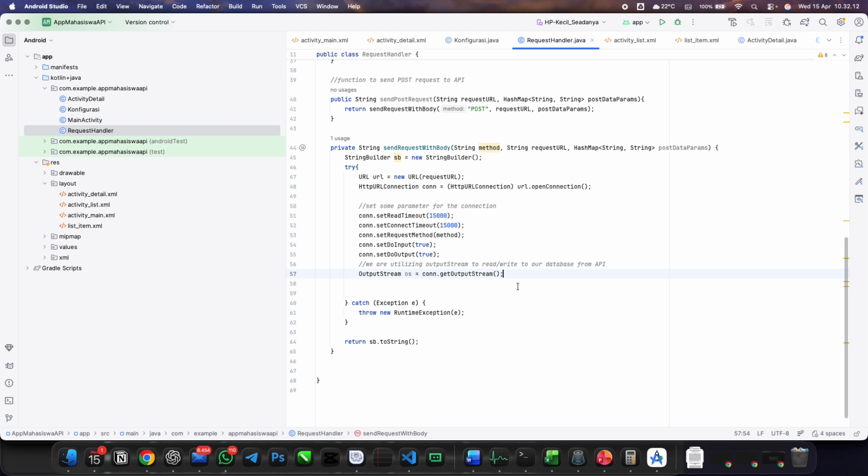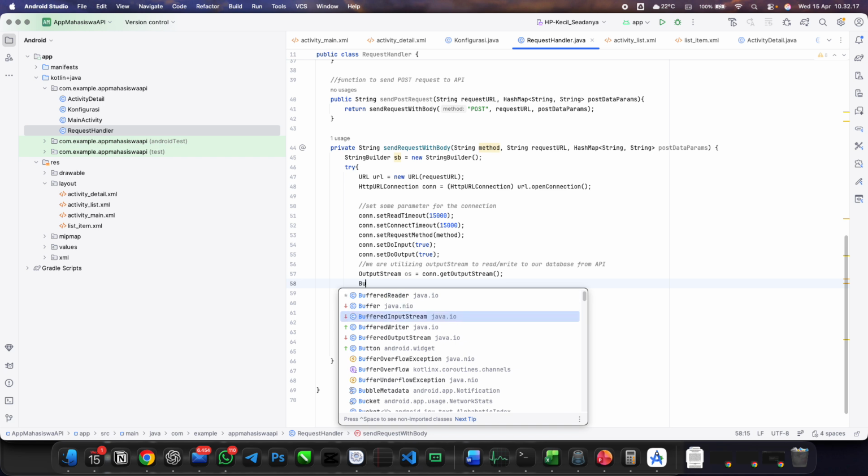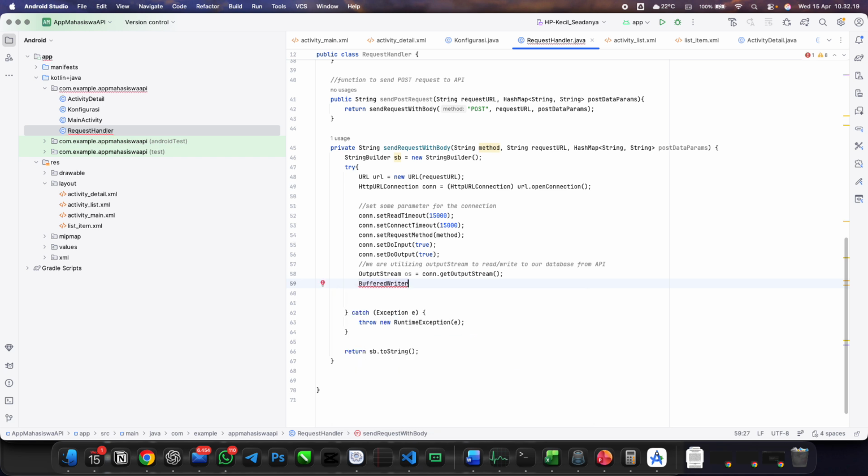Okay, we are using the buffered writer to write to our database. A new writer called writer is a new buffered writer.